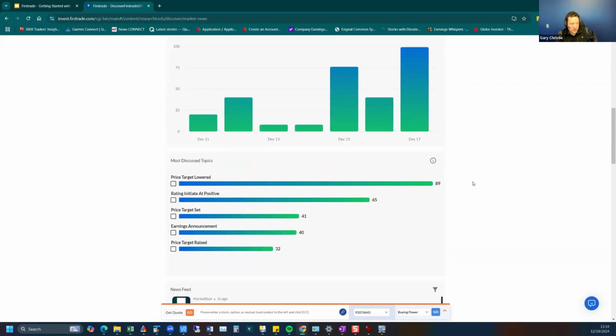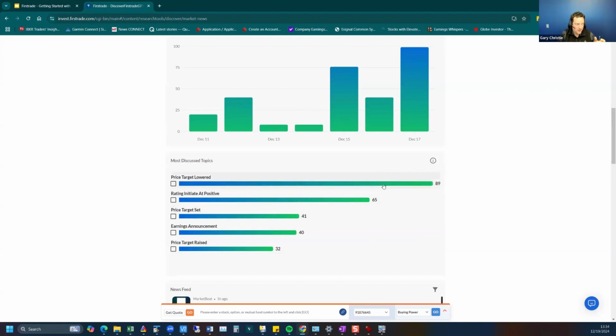And then, based on our NLP and our AI engine, we can see what topics are being discussed. So maybe you only want to focus on certain news points that matter to you based on what's affecting the stock. We can see price target lowered is the number one discussed topic right now. Then we also have earnings announcement. That's fallen back a bit. Now it's about price targets, right? These are the 5 top trending topics related to the stock or the subject over the last 24 hours,